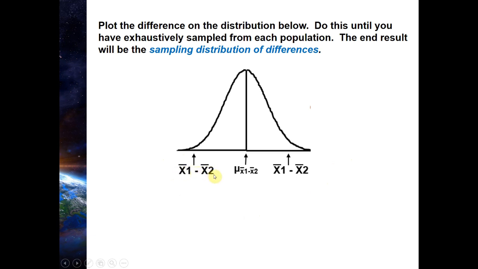But basically, it's saying that you can get a difference of any size between x bar 1 and x bar 2, and it still could belong to this distribution. And this distribution, the sampling distribution of differences, is just showing us what size differences we can expect to see just because of sampling error alone. So that's important. This is a distribution of sampling error. It's saying that when there's sampling error, you can get a difference this big, you can get a difference this big,